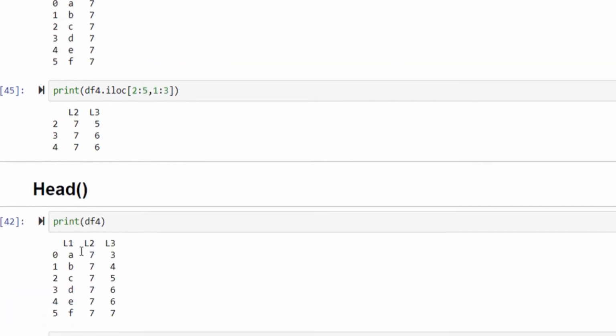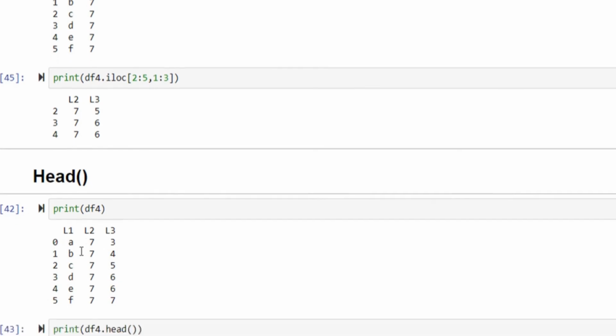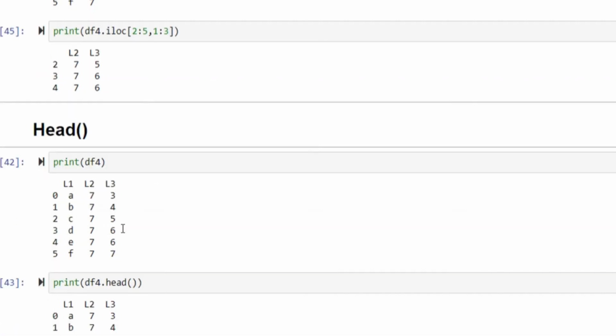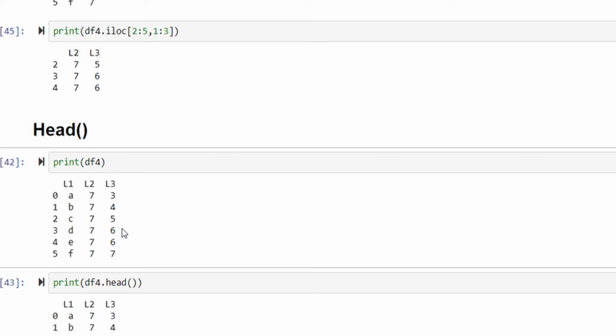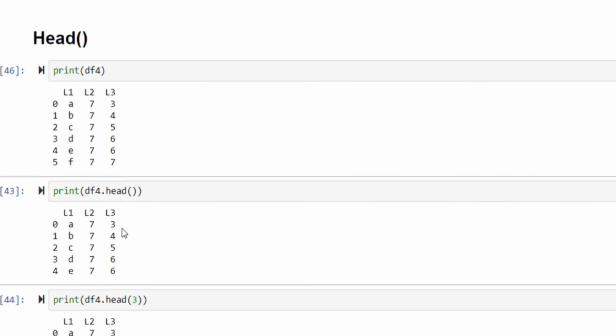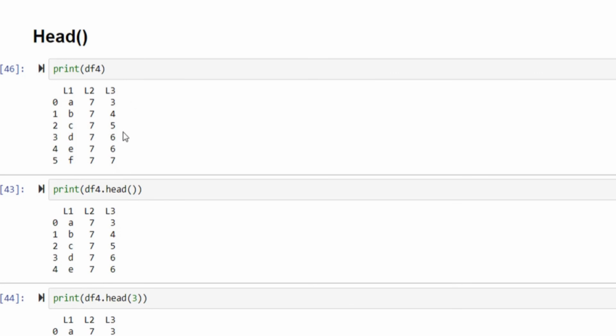Now what is the head function? To understand the head function, I just want to see what data frame I have in df4. In df4 I have this data frame. What happens if I print df4.head? It will print the first 5 rows and all the columns for that data frame.